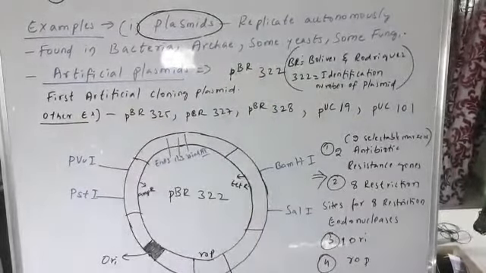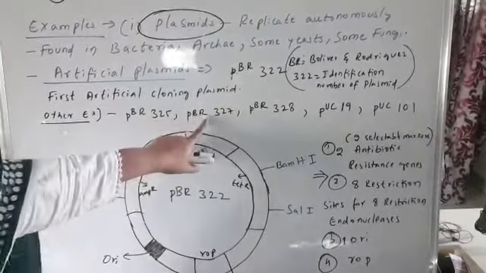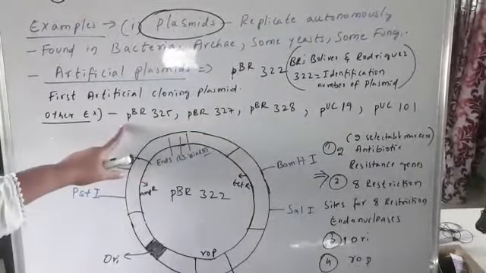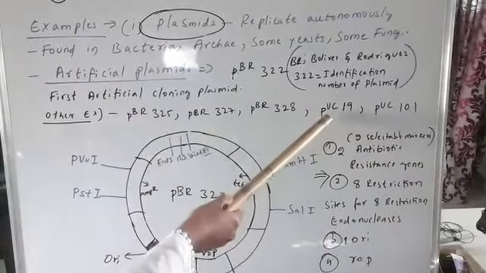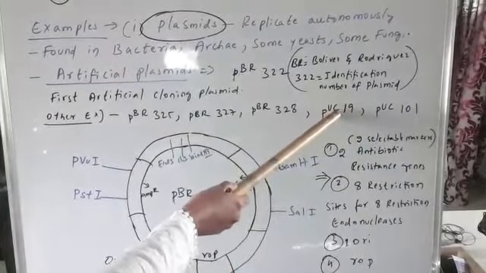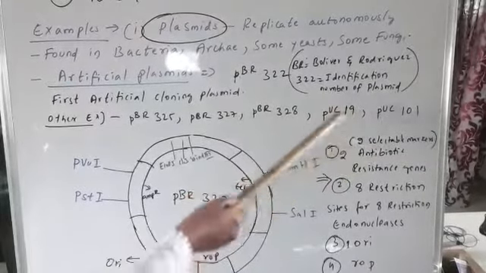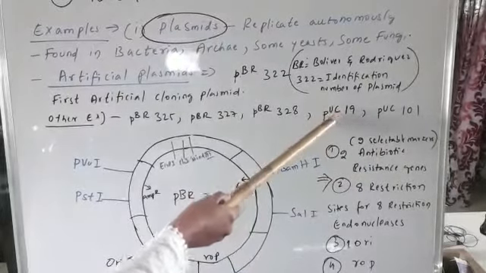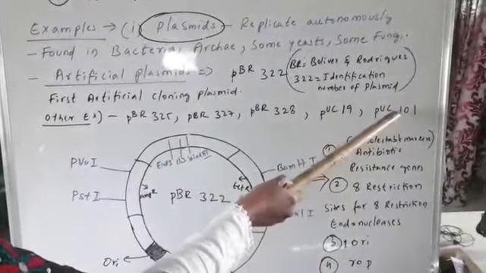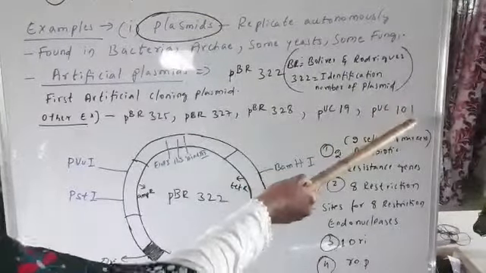Similarly, other plasmids have also been constructed, like pBR325, 327, 328. These are also artificial plasmids. Along with that, you can also observe some artificial plasmids, pUC19. Here UC stands for University of California. This plasmid was constructed by the scientists of the University of California, pUC19. And here pUC101 is also constructed by the scientists of the University of California, and 101 is the identification